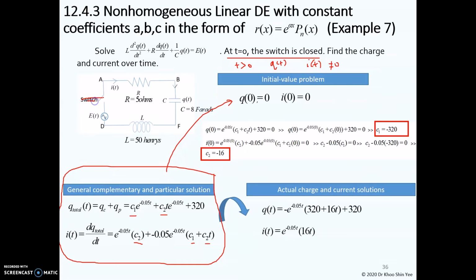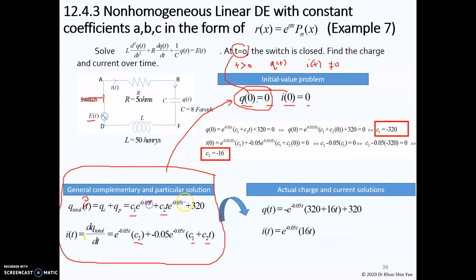So when your switch is closed at t greater than 0, the voltage supply will cause the current and charge to flow through this electrical circuit. At the moment you close the switch, which is at t equal to 0, the charge and the current are still equal to 0. Therefore, from this initial condition, at t equal to 0,